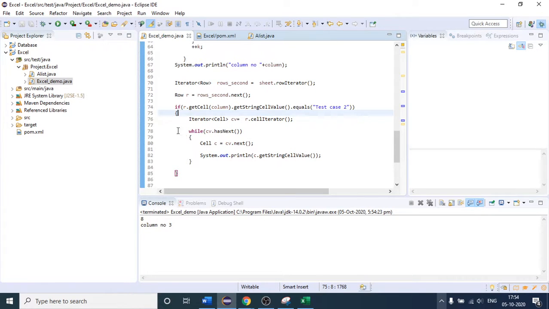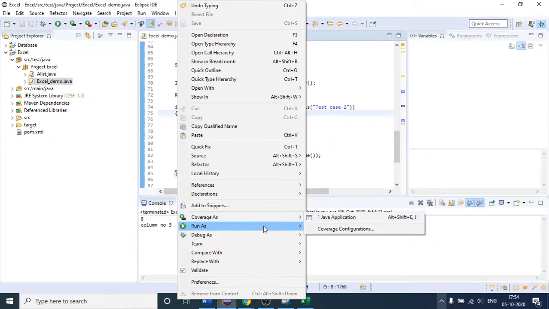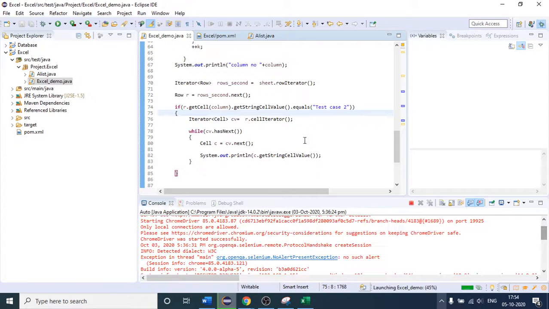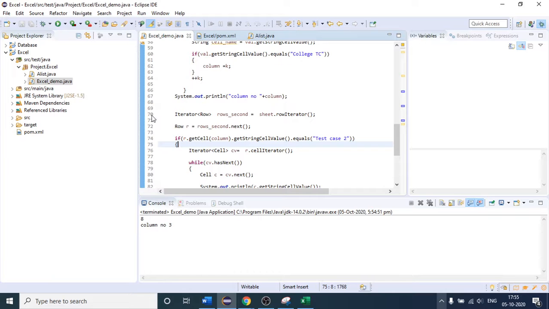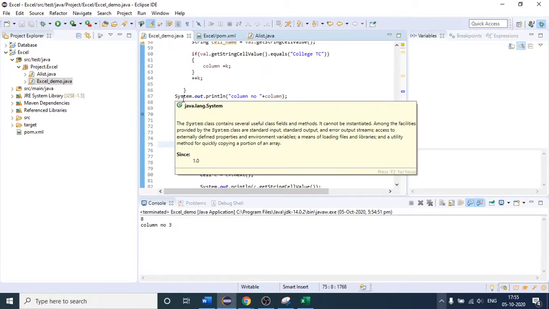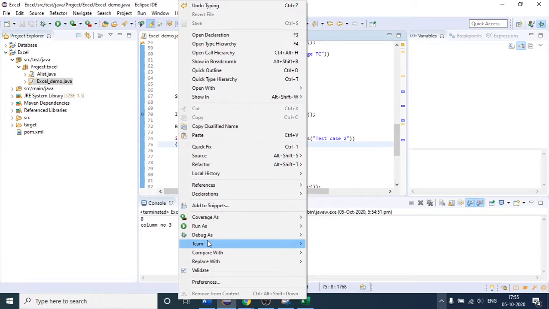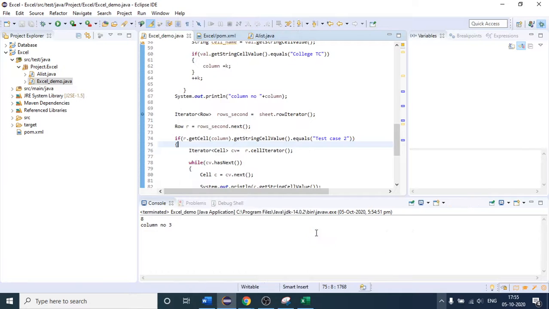Let me try to run it one more time. Otherwise, we will check what is the issue. It is not printing our required one, so let us first try to debug that. If we have any issue, we will remove that issue.